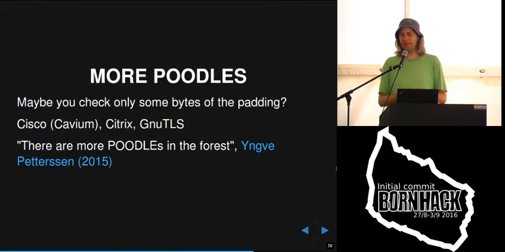And then it turned out that there are also implementations that only checked a part of the padding and missed some bytes. Some were only checking the last byte, and some were missing the first byte or the first 2 bytes. The GnuTLS one I actually figured out, and that was interesting because this bug was already found by the authors of the Lucky 13 paper, but the original bug was that it missed checking 2 bytes, and then it was changed to miss only 1 byte. So yeah.